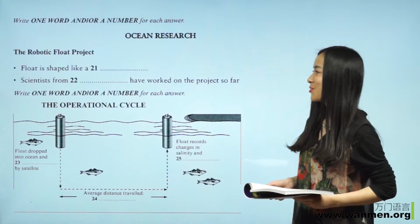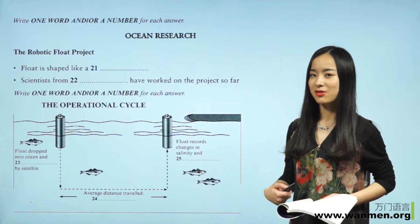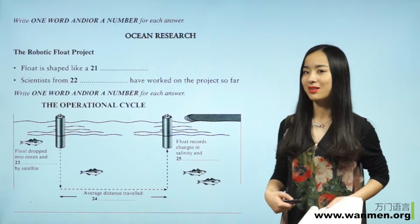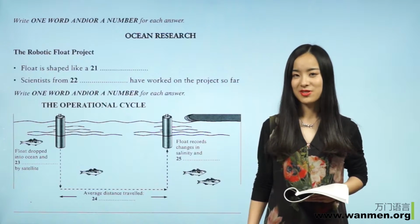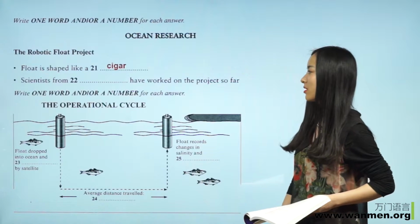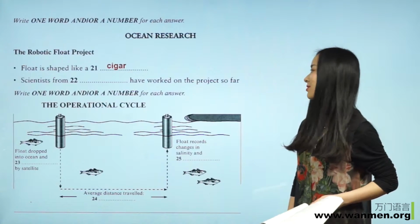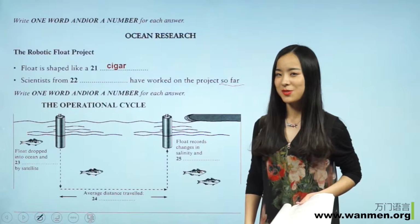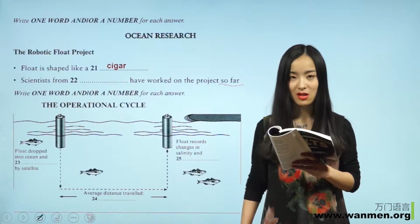好，我们一起来看一下。首先还是关注一下这道题目的字数要求，上下都是一样的，one word and or a number，只需要找到这么一个词就可以了。看一下21题，题干叫做 Float is shaped like a，这道题目并不难，原文说的是 It looks a bit like a cigar，直接给出来了，因此这边的答案就是 cigar。OK，22题，Scientists from blank have worked on the project so far。这边要关注的是表示时间的概念 so far，到目前为止，所以这边有一点点迷惑信息。老师来给大家原文重现一下，原文说的是 Over the last 5 years,